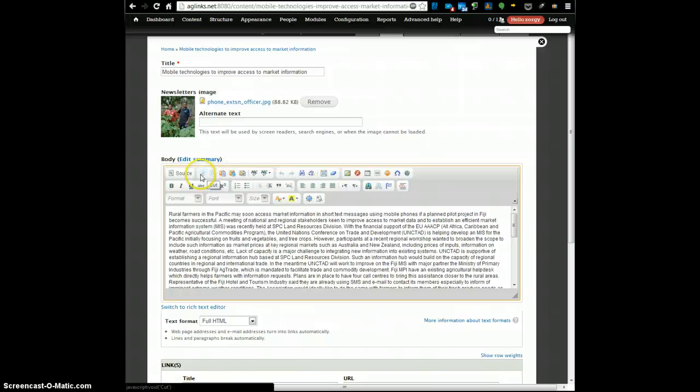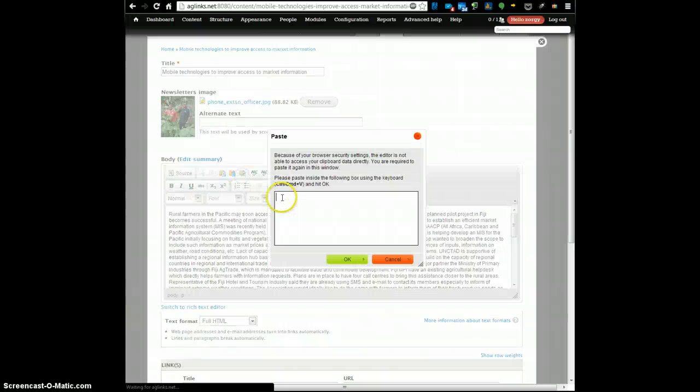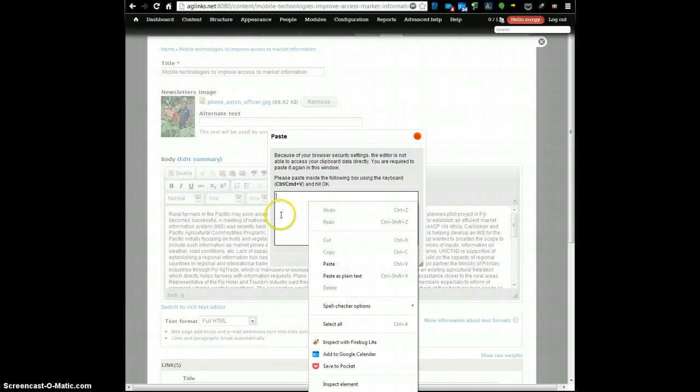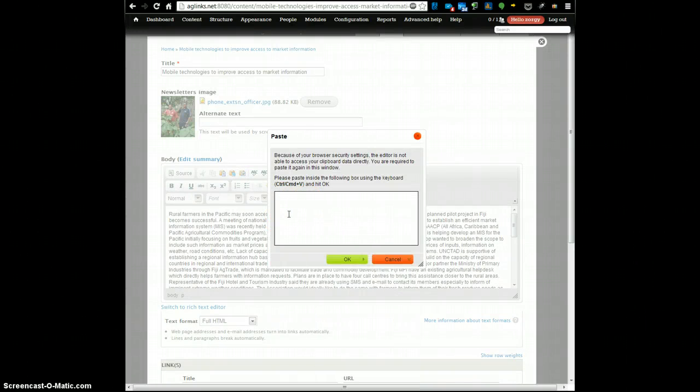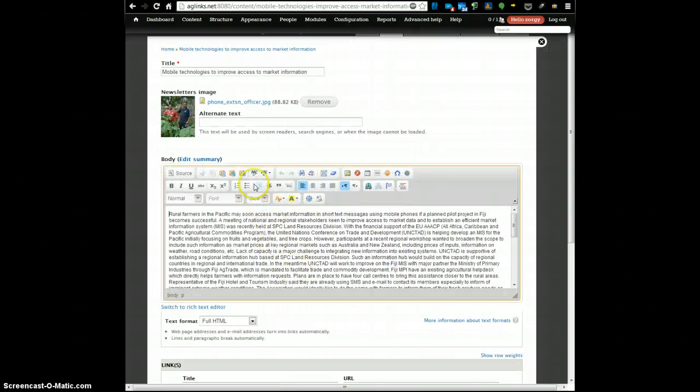You have the classical edit, cut, copy tools here. You have a useful tool here. If you copy something from Word, it contains a lot of brackets which will clutter your HTML code. So if you click here, you can paste your content from Word directly in here, and it will be cleaned up. You have a spell checking here,